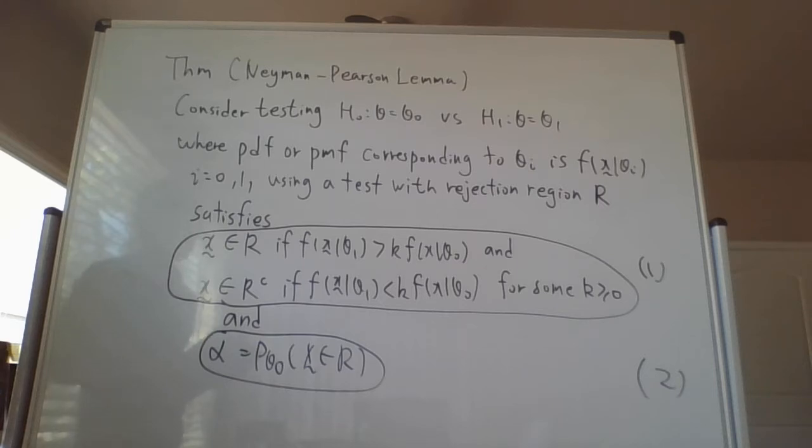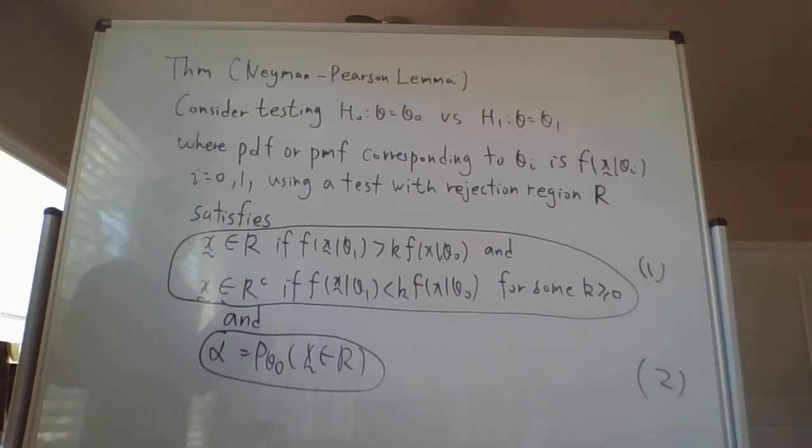So we are considering testing the simple hypothesis. So consider testing H0 is theta equal to theta 0 versus H1 is theta equal to theta 1, and we have the corresponding PDF or PMF. And then we have two conditions. The first condition is that X belongs to the rejection region if the PDF or PMF value under the alternative hypothesis is greater than K times the PDF or PMF under the null hypothesis,